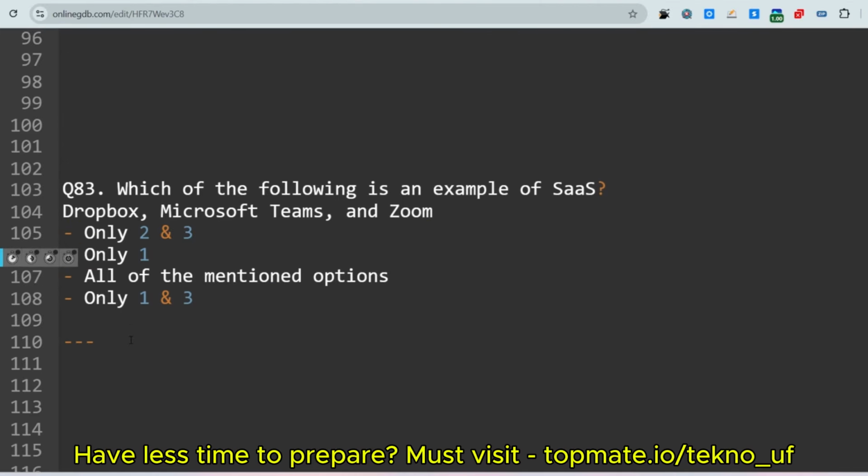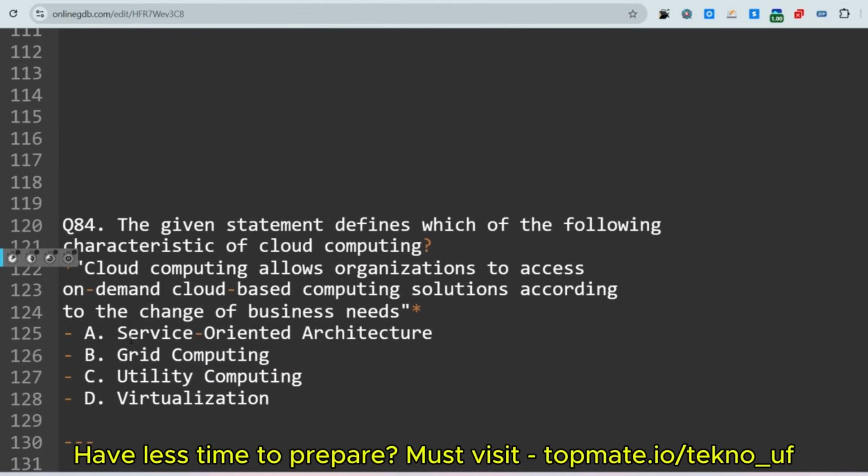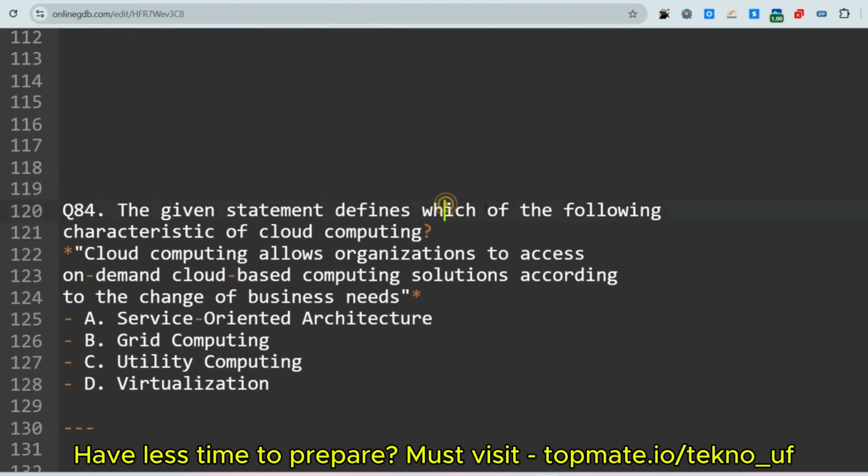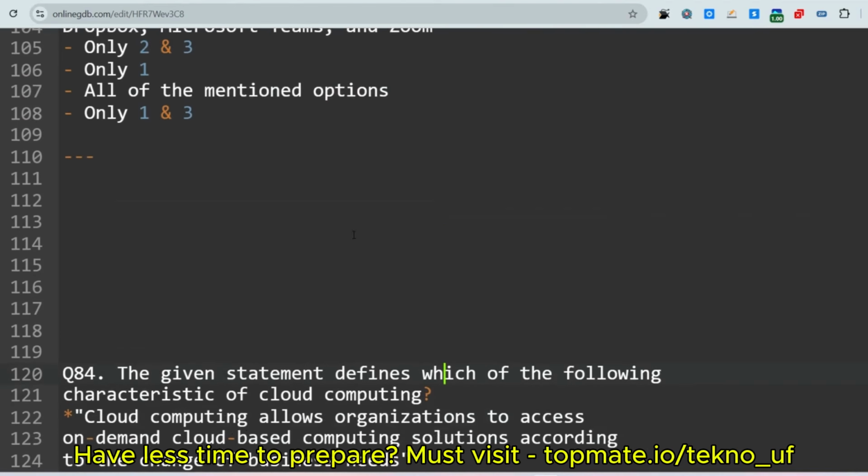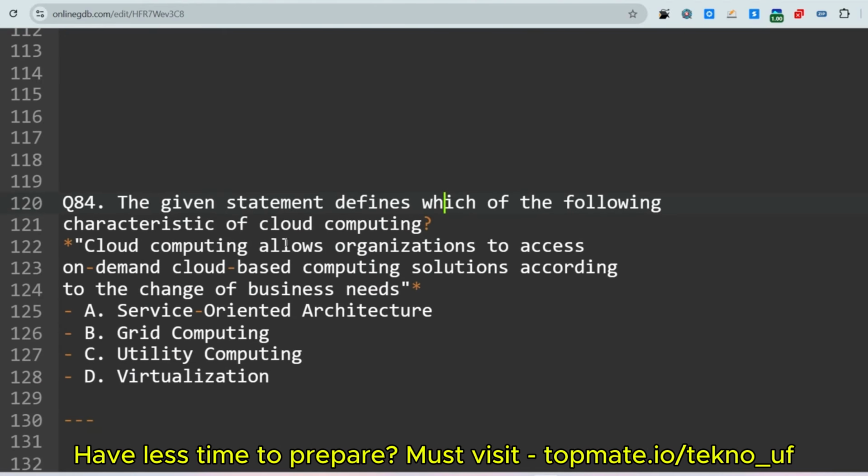So the next question is this: the given statement defines which of the following characteristics of cloud computing? Cloud computing allows organizations to access on-demand cloud-based computing solutions according to the change of business needs. So this is the statement.